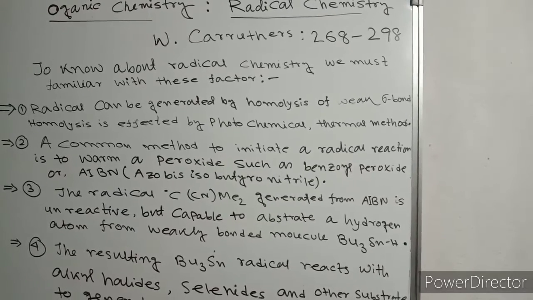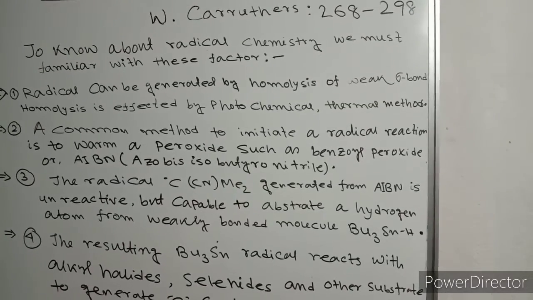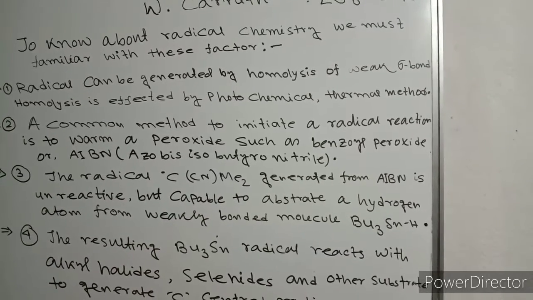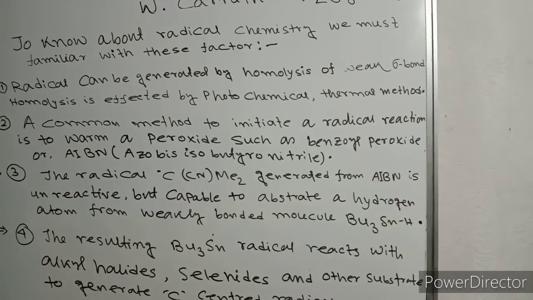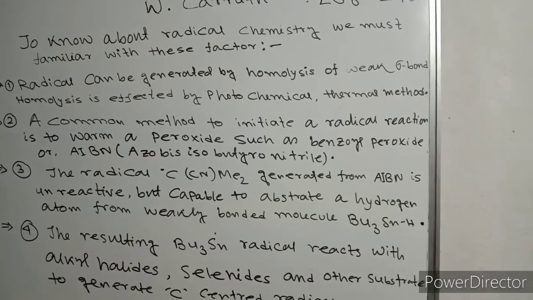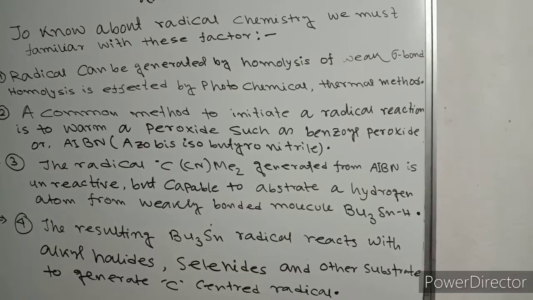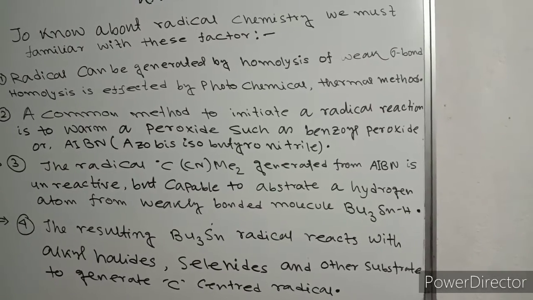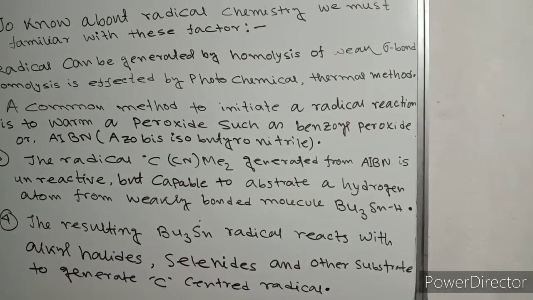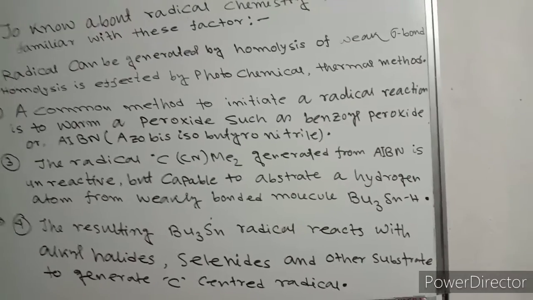Now the second point is that a common method to initiate a radical reaction is to warm a peroxide such as benzoyl peroxide or AIBN. AIBN's full form is azobisisobutyronitrile. The third point is that the radical generated from AIBN is relatively unreactive, but it is capable of abstracting a hydrogen atom from a weakly bonded molecule such as tributyl tin hydride. The resulting tributyl tin radical reacts with alkyl halides, selenides and other substrates to generate a carbon-centered